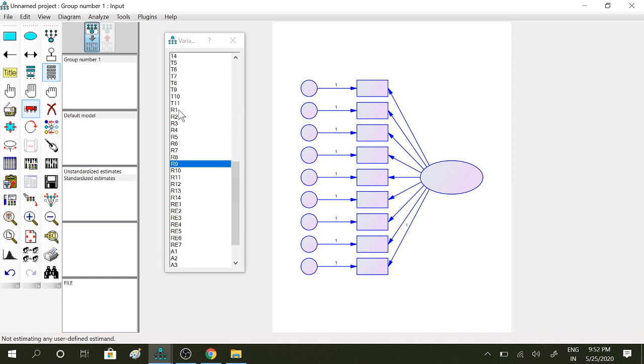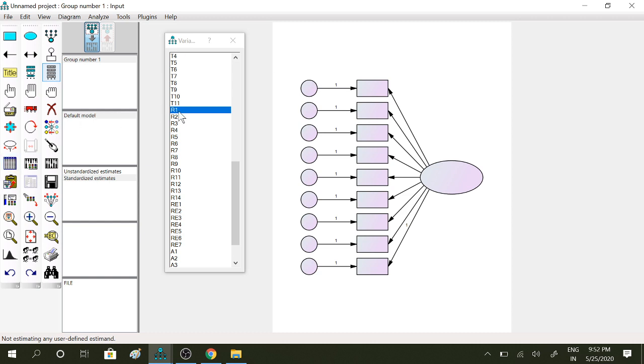Okay, one by one the variables are dragged into the rectangular box. So all are selected. So what is it? Control Z. Okay, first we unselect all the items in the icon, just click OK, unselected.